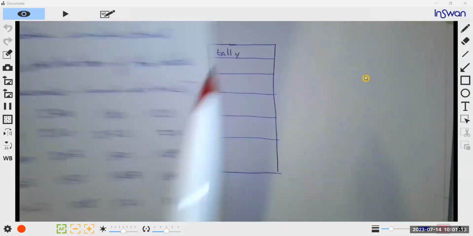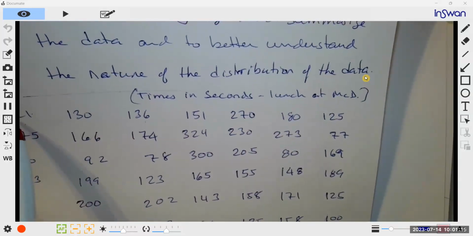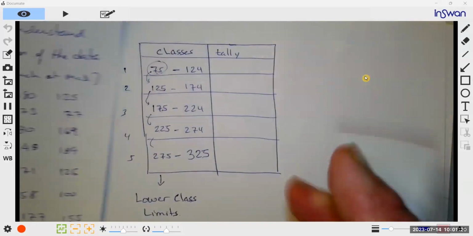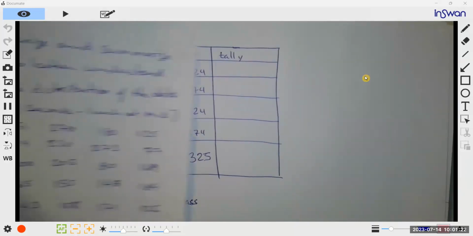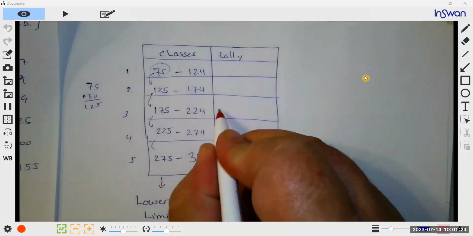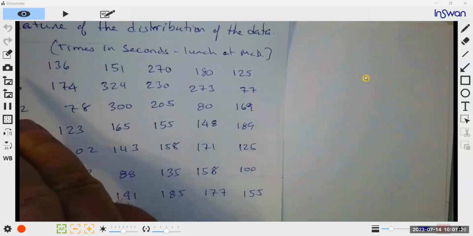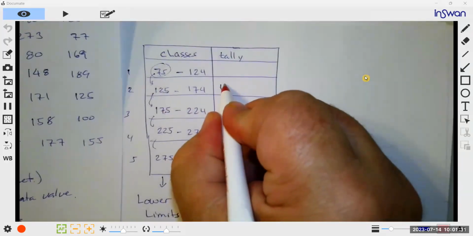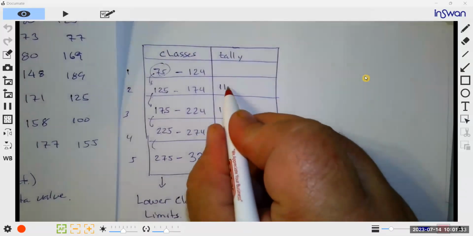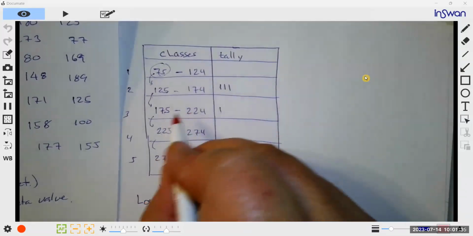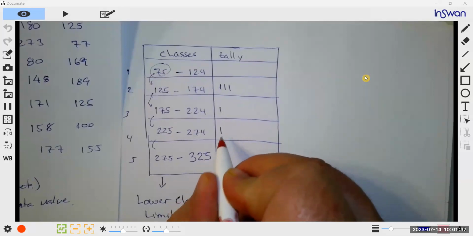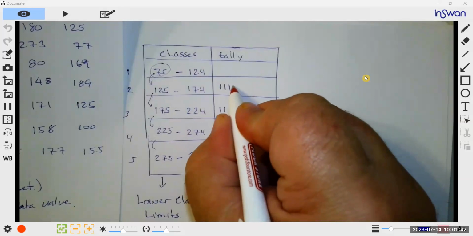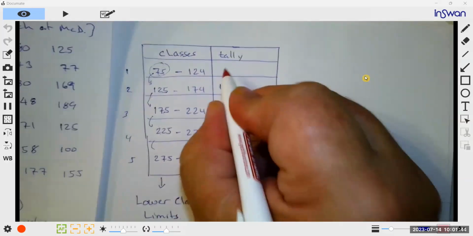We're just going to start from the first number and put a hash mark where it goes. So 221 goes here. 130 goes here. 136 goes there. 151, 270, 180, 125, 75,